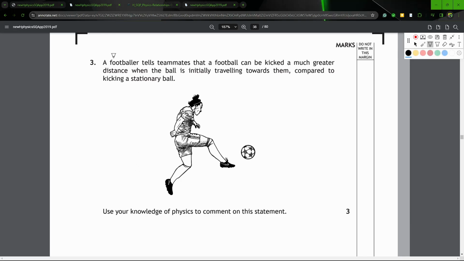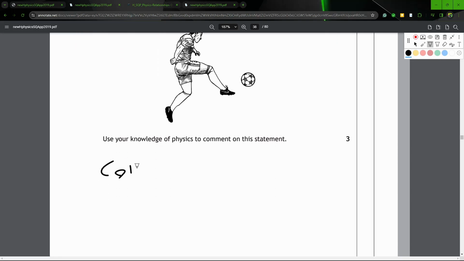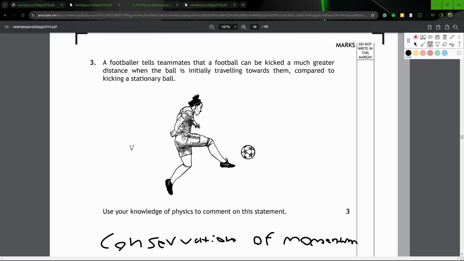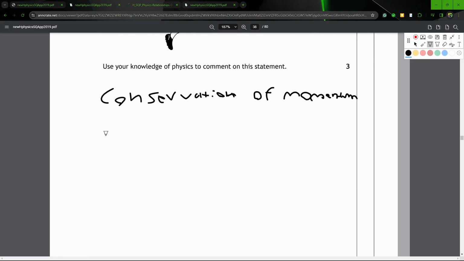But yeah, so ideas for doing this. What it's getting at with a football, that a football can be kicked a much greater distance when the ball initially travels towards them compared to kicking a stationary ball, is conservation of momentum. I could use the text tool on this, but it's actually hot garbage, so I think I'll just stick with my terrible handwriting. But basically, the idea is that total momentum before collision